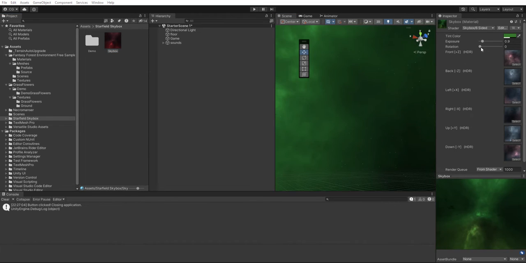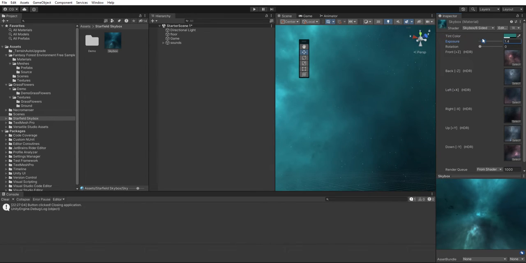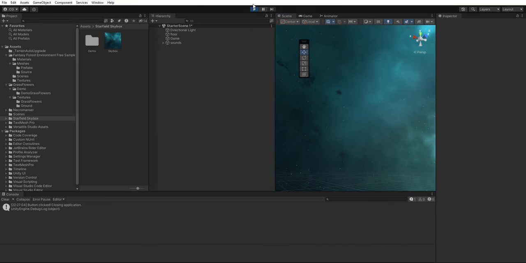So for example, if I wanted to make this green, I'll do a little bit of variation. You can change the colors here, make it sort of like a blue color. You can change all these faces too, but I wouldn't really. You can rotate it, all sorts of stuff. So if I go play, I shouldn't fall through the floor because I'm still